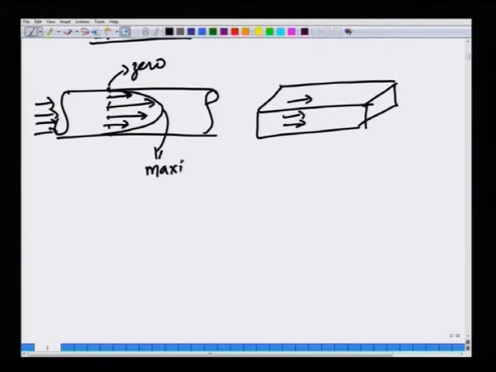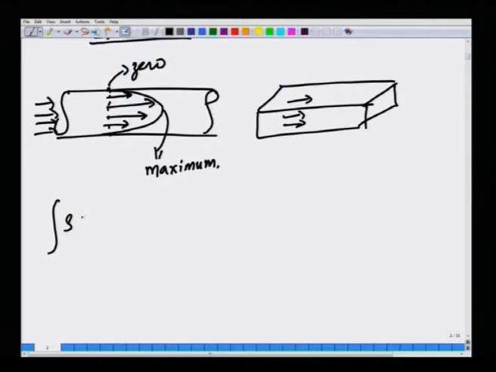So, there is clearly a variation of fluid velocity across the cross section of tubes, channels or conduits in general. We have to solve integral momentum balance problems even with such conduits. Then we are left with evaluating terms of this type,